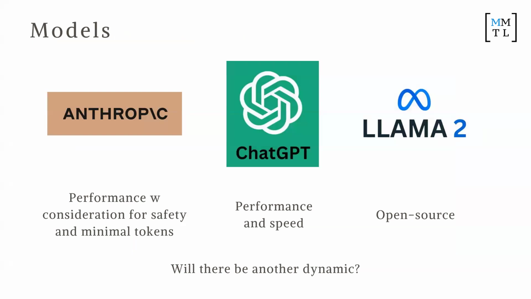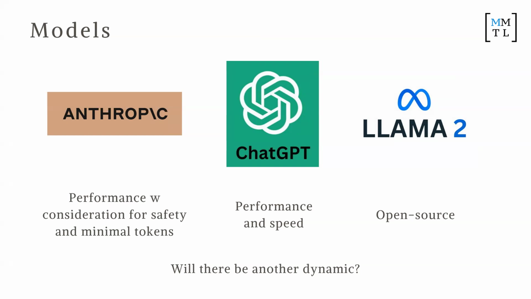All right, different models. Different models from different companies now have different philosophies. So Anthropic is a big one. They are focused on performance with consideration for safety. Okay, so safety is a very big part of them. They actually came from OpenAI, so it's a company where a bunch of founders decided to leave OpenAI because they didn't like what was happening, and they decided to found another company based on safety.